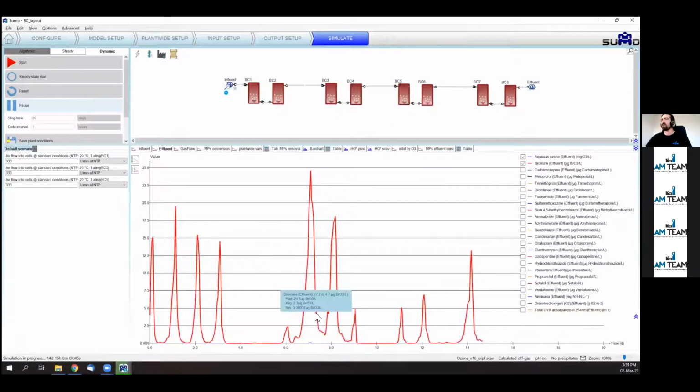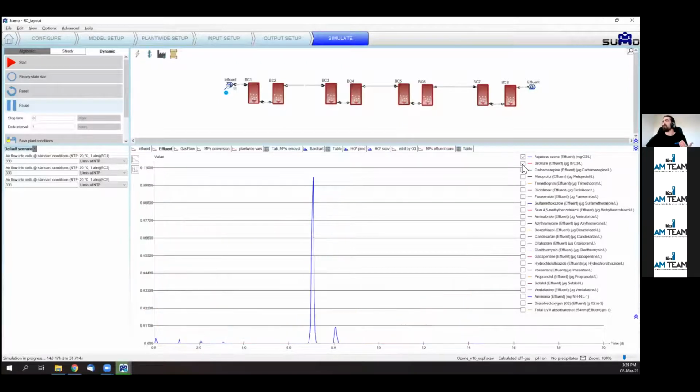And why is this occurring? This is different reasons occurring at the same time. So what you see here as the residuals of ozone at the end of the installation means that at this point in time, there was a rain event or some dilution caused by different factors, which made the ozone dose in the system be excessive,